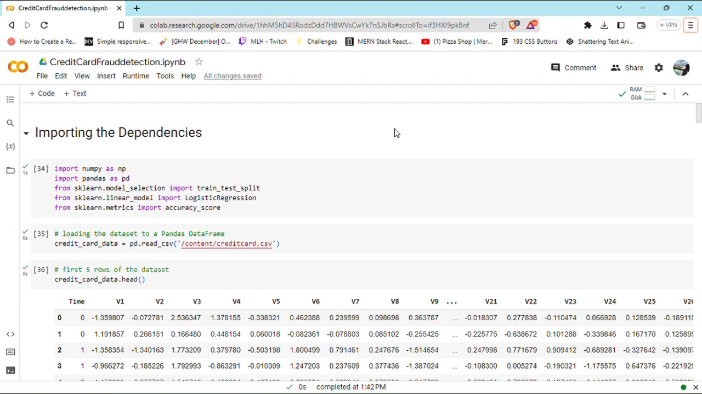Hello guys, in this video we will talk about our project, credit card fraud detection. First we will talk about the workflow and then we will go through the code. Firstly, we will collect the data